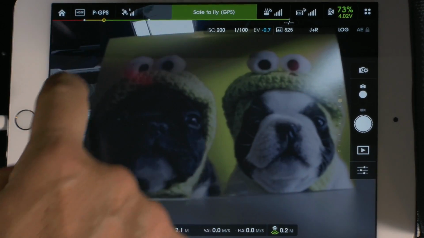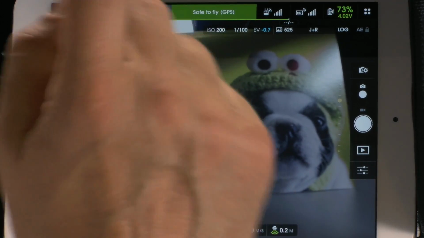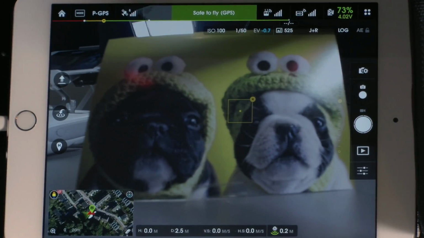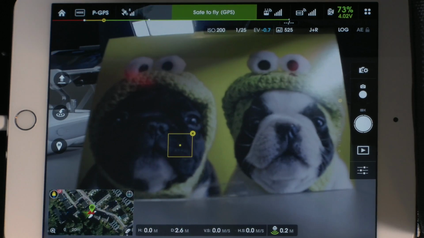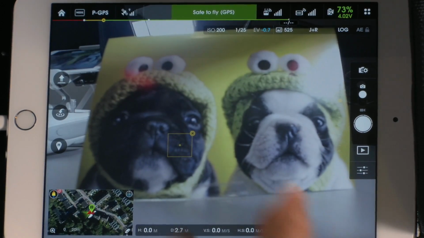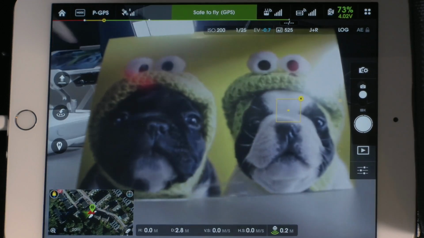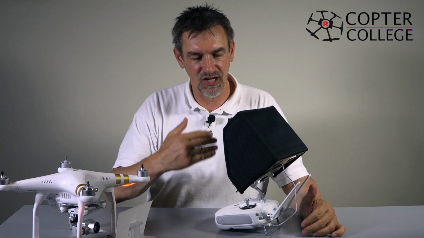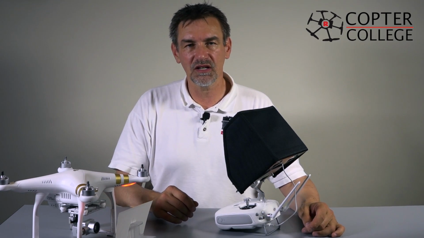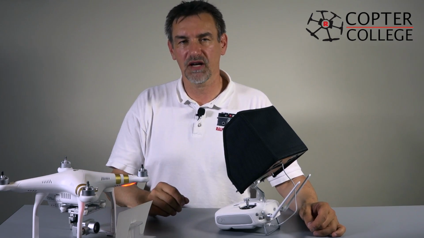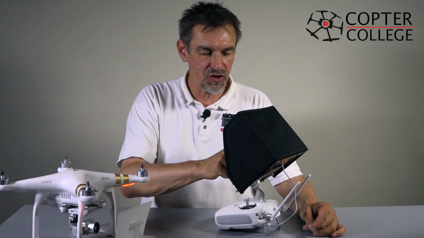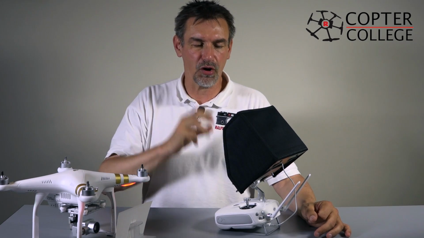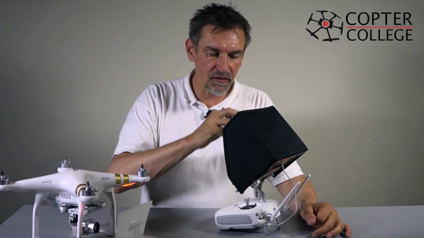First of all, if you want to make the exposure automatically, just put your finger on the scene you want to get the right exposure and then the camera adjusts herself. So if you put it on the black face of the left dog, you see it gets a little bit brighter. If you put it on the white face of the right dog, you see it gets a little bit darker, so the camera adjusts by herself. So if you're in the air and want to take a picture and one certain point of the picture has to be perfectly exposed, then just put the finger on it and the camera makes the exposure by herself for the right point. If you want to lock this exposure,